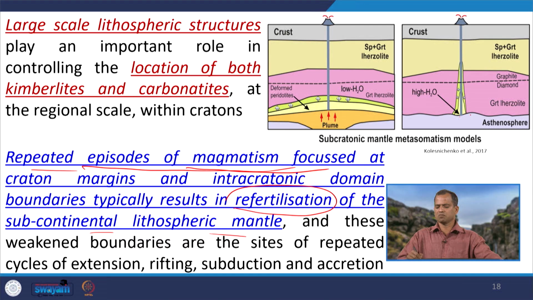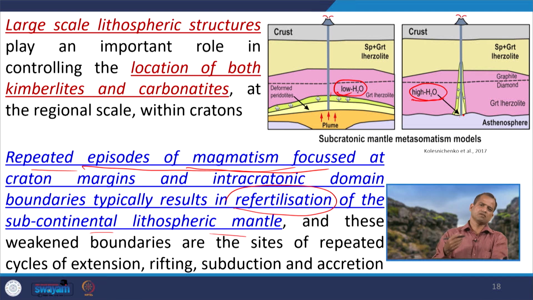So, if you see here, the magma generated from the asthenosphere at the first initial stage has high H2O. However, when repeated magmatism occurs, the volatiles are mostly released, and the magma generated then has lower H2O. So, once repeated magmatism is occurring, gradually the mantle is enriched, and once it is enriched, it will be very useful for this kimberlite type of emplacement.